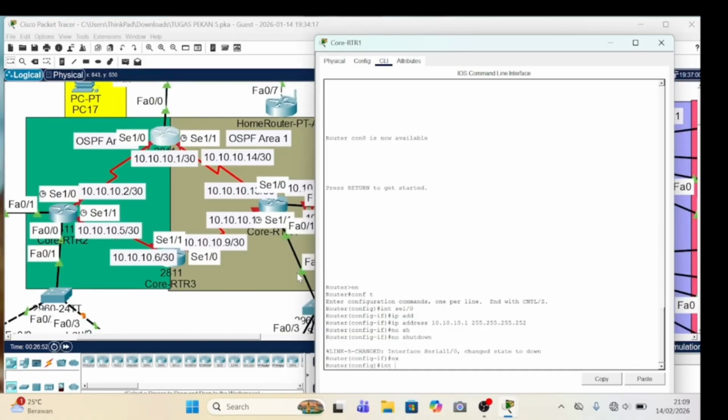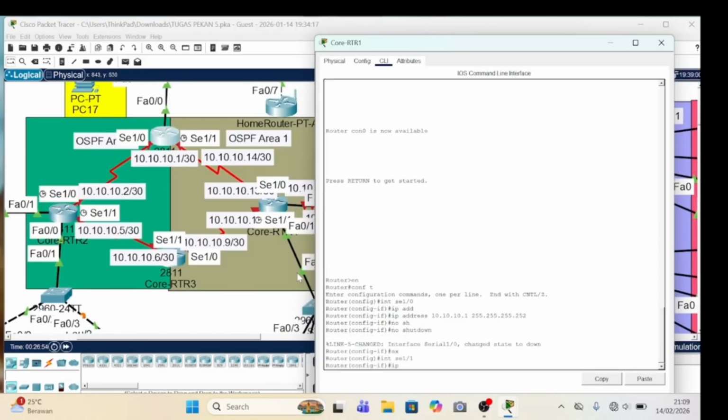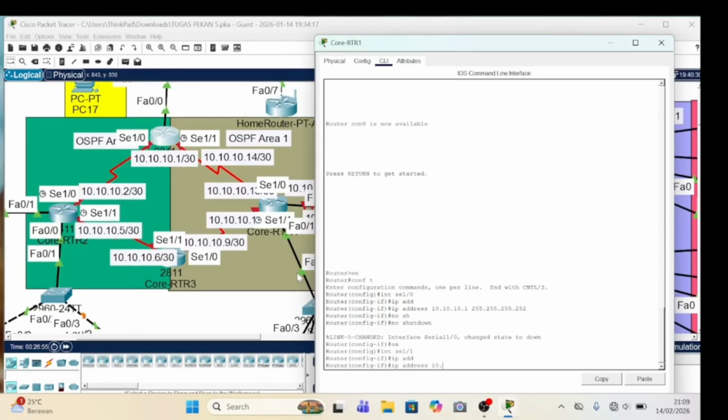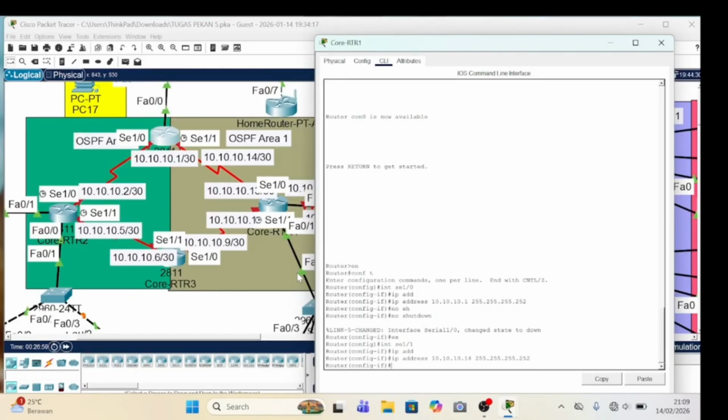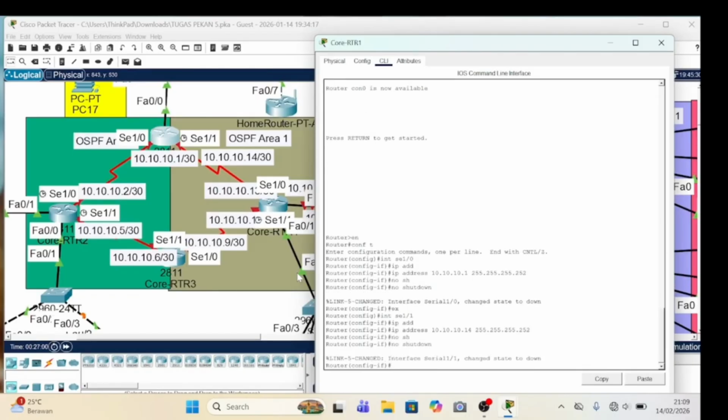Exit. Interface serial 1/1, IP address 10.10.10. And the subnet mask same, /30, and no shutdown. Okay, and now in this